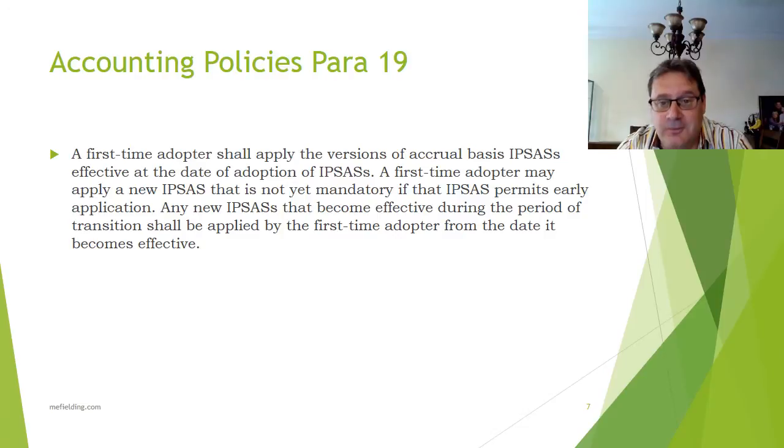Why don't we just adopt the IFRSs that exist at the moment, and then we don't have to make any changes for the next 3 years. And as an implementer, it's actually very, very difficult to argue with that logic. It gets even more complicated because when you prepare your all of government accounts, you have to start including government business enterprises. Now, government business enterprises don't tend to be that big or that material, that prevalent in Western Europe. But in some of the countries that we work in, countries in the former Soviet Union, the government is 90% of the economy. So these, IPSAS tells us, these government business enterprises, IPSAS tells us themselves, should be accounted for